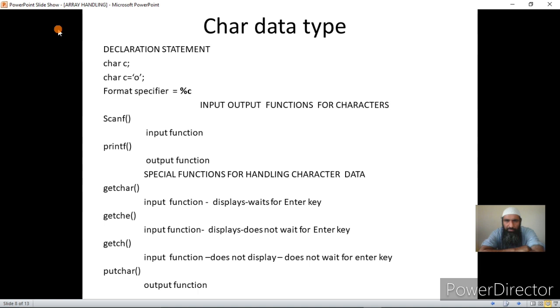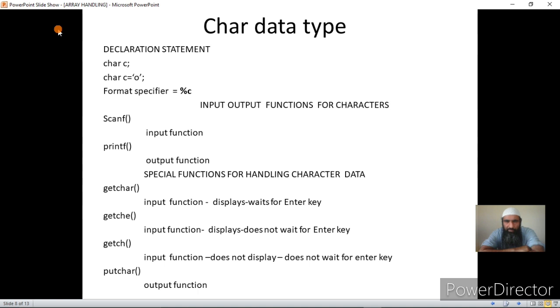Now the question arises, why store data which is character type, such as the name of a person, or name of a city, or name of an organization, or name of a father. This type of data, which is a set of characters, is to be stored in a variable which has a data type char. But a single character variable can hold one character only.